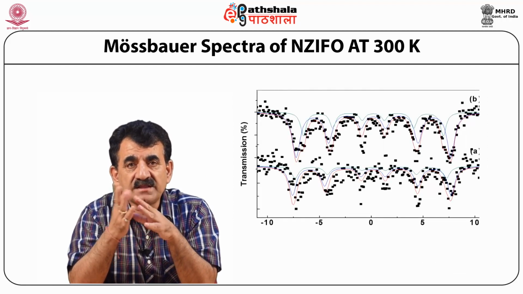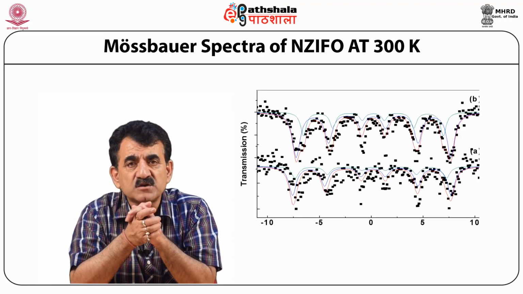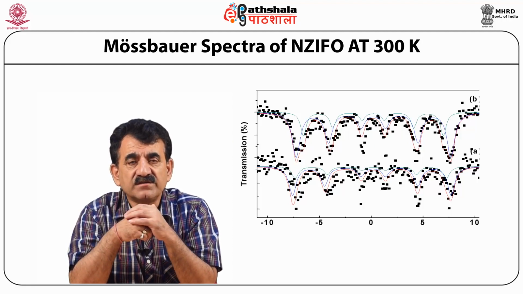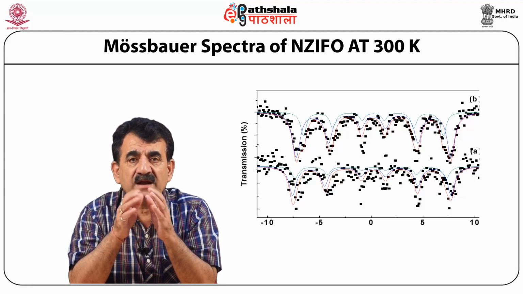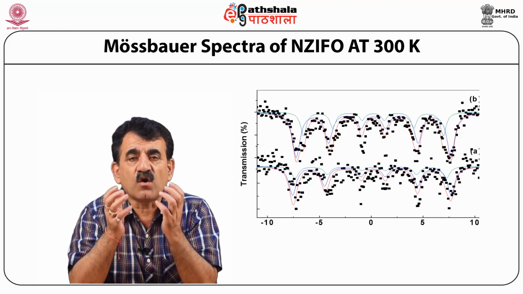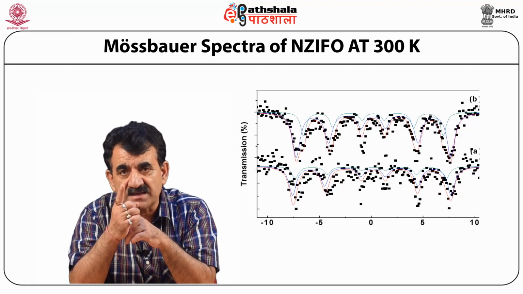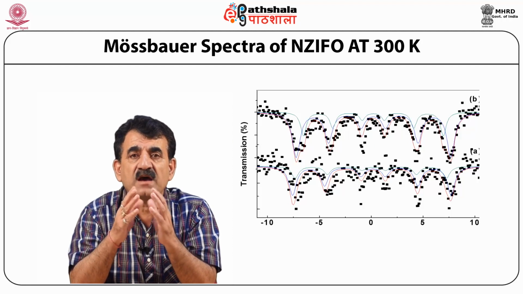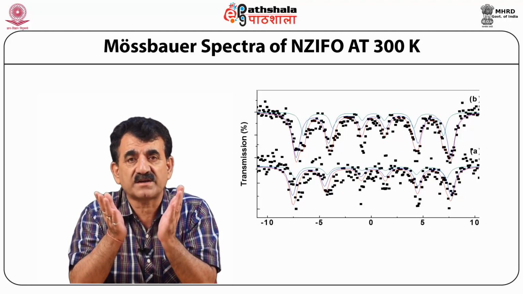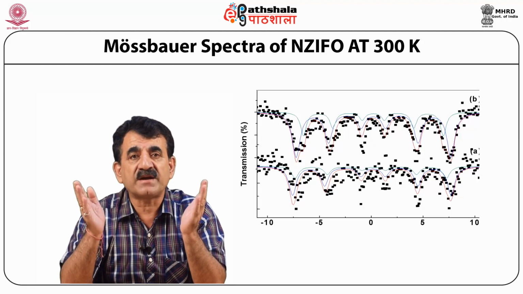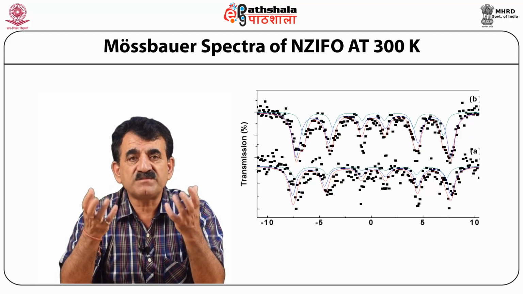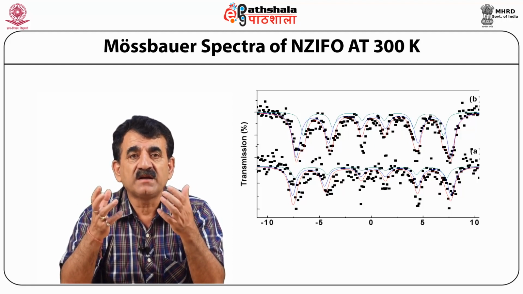Then in this figure, the room temperature Mossbauer spectra, when we put indium in nickel zinc ferrite, then even at nanoscale, where there was no ferromagnetic ordering, we got that ferromagnetic ordering. In this spectrum, there is well-defined ordering even at nano level. So at nano level, we can achieve the well-defined long-range ferromagnetic ordering and 6-line pattern. So indium plays a beautiful role here to achieve the ferromagnetic ordering even at nano level.